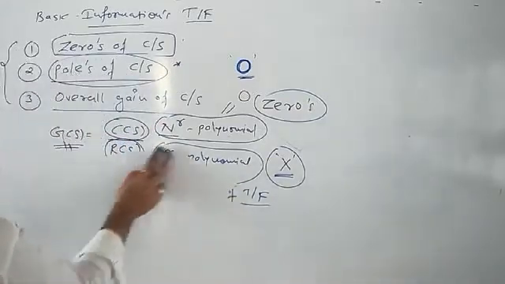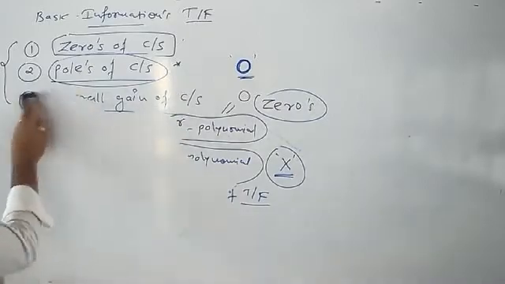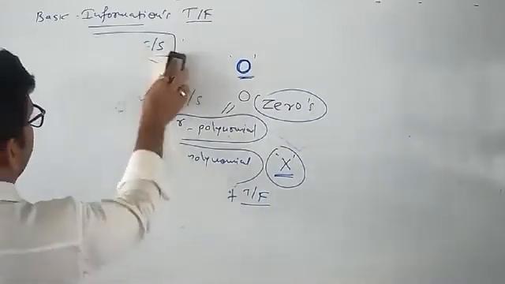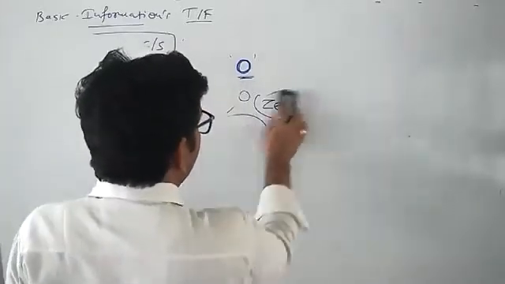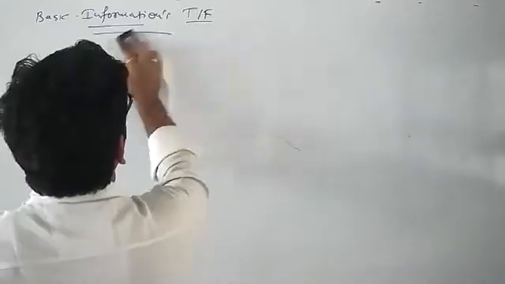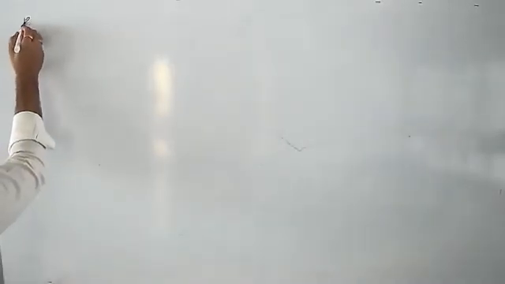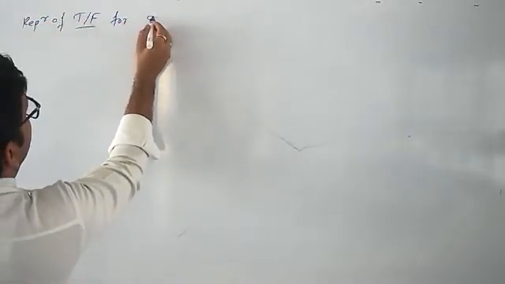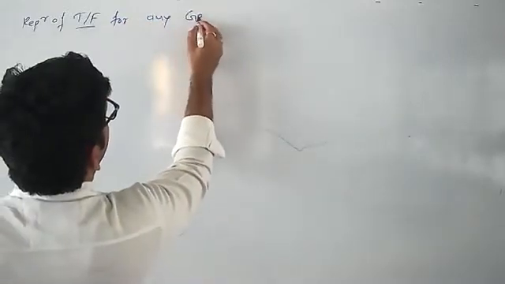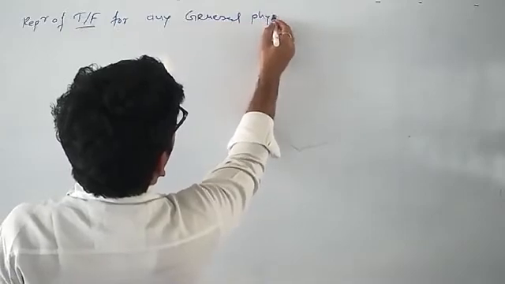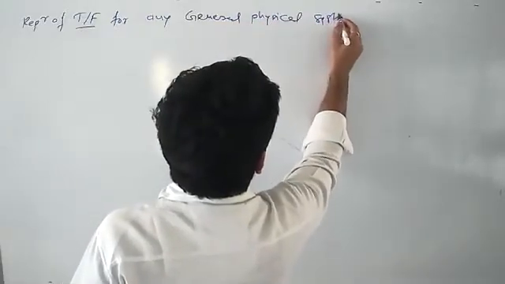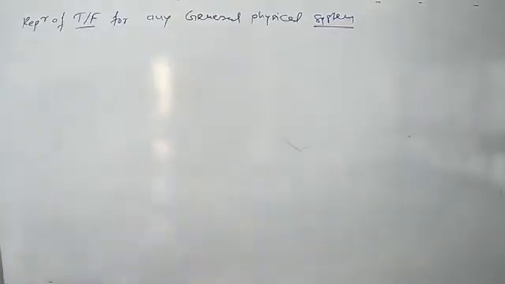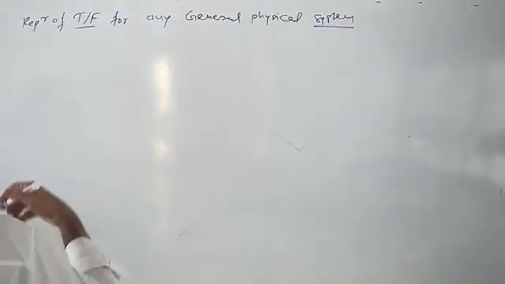Now the third point is we are in a position to determine the overall gain of a control system. So how to determine the overall gain of the control system? For that, let us consider the general representation of transfer function for any physical system. So here we are going to write the representation of transfer function for any general physical system. कोई भी physical system अगर आप लो तो उसका अल्टीमेटली आप ट्रांसफर फंक्शन इस पर्टिकुलर मैथमेटिकल इक्वेशन में नोट डाउन कर सकते हैं या फिर आप राइट डाउन कर सकते हैं.